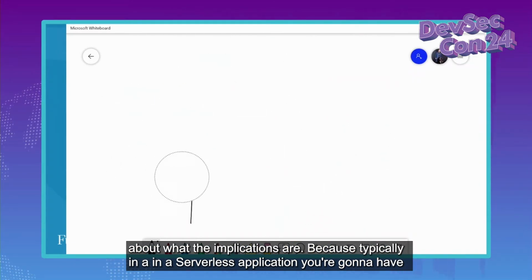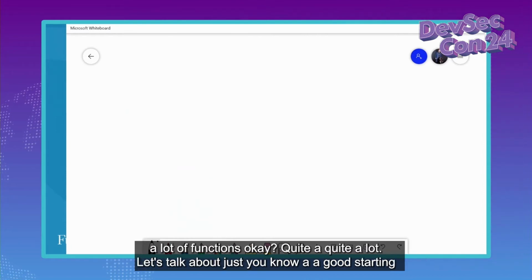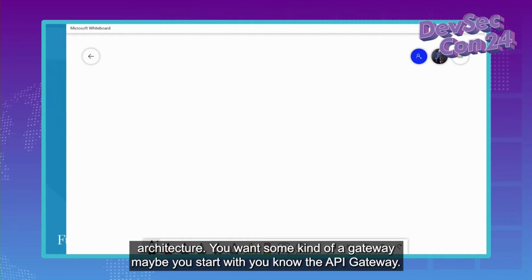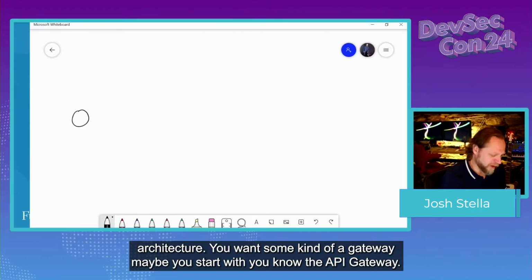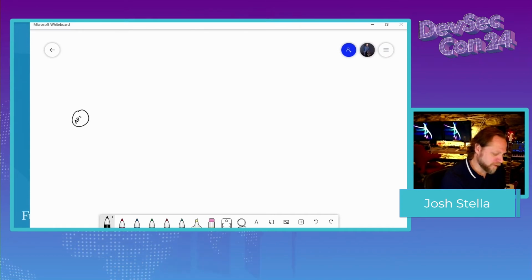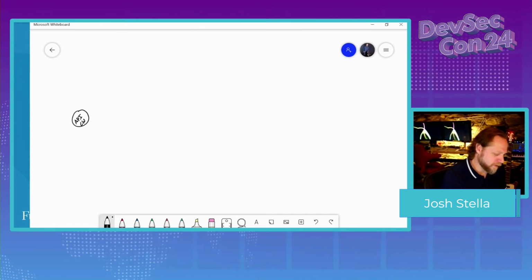Because typically in a serverless application, you're gonna have a lot of functions. Quite a lot. Let's talk about just a good starting architecture. You want some kind of a gateway. Maybe you start with the API gateway, right?